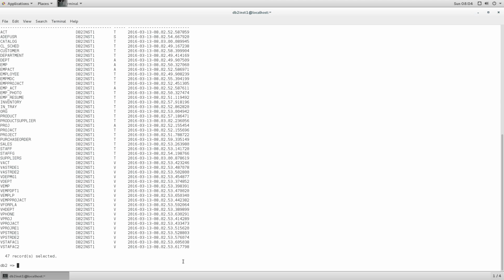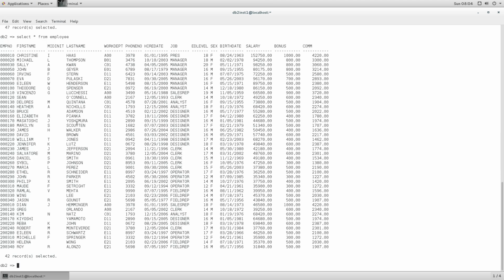So what we can do just to test it is, for example, select star from employee, not case sensitive. Employee is this table here, and we can just get all the records there. And that's going to be our typical test as we run through the next step. So we can just close that now,